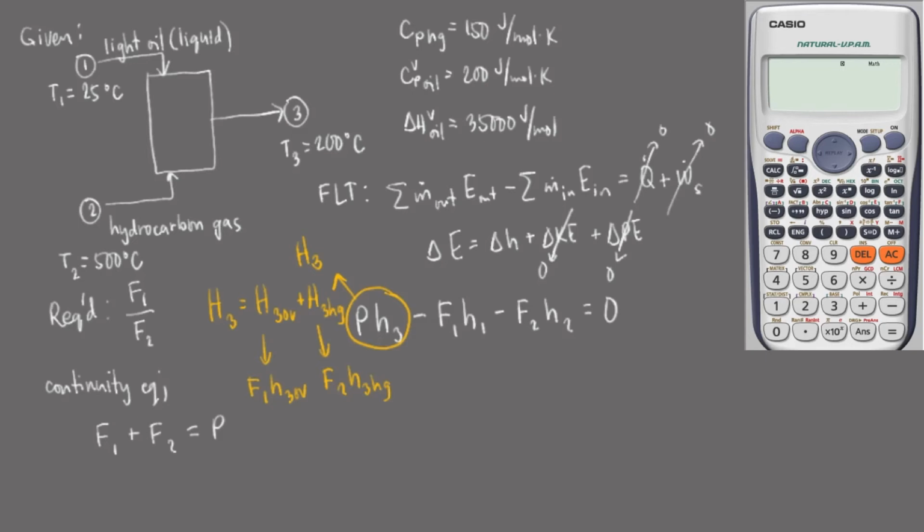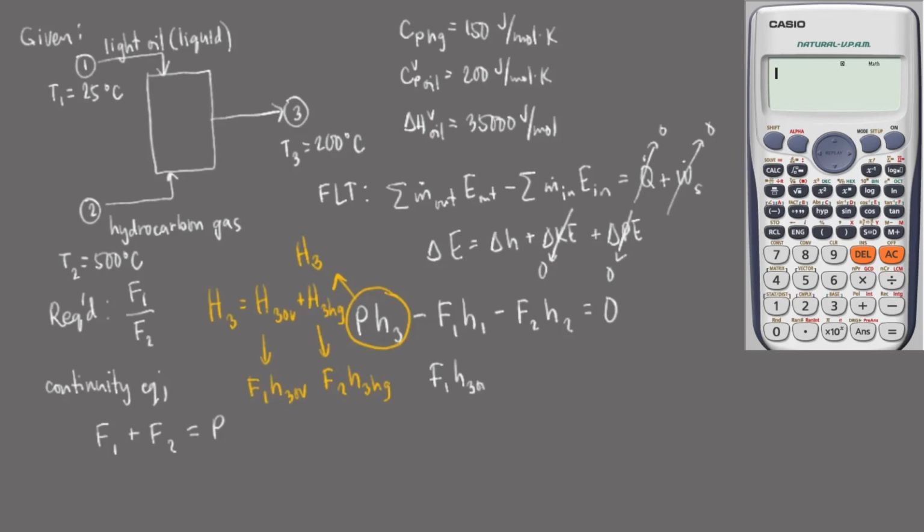This is especially true because we have assumed that the enthalpy of mixing is equal to 0. That assumption is justified because the light oil and the hydrocarbon gas are both nonpolar, and nonpolar substances would have very, very small values of the enthalpy of mixing. With that assumption and with that interpretation, we can now rewrite our general energy balance as F1 H3 of the